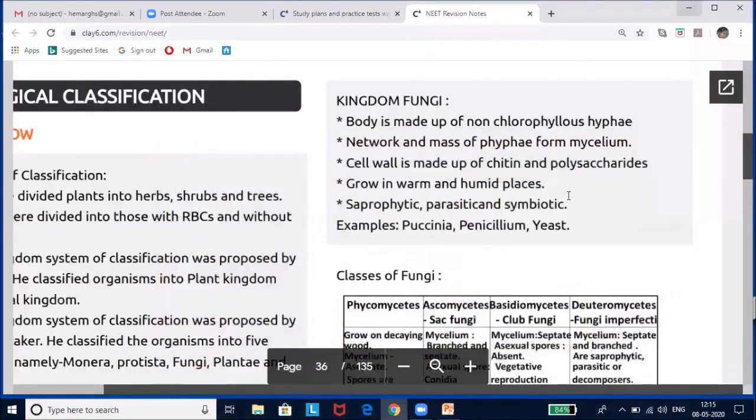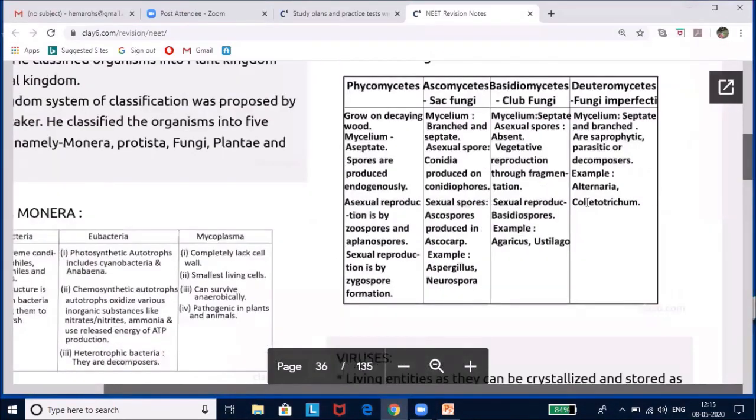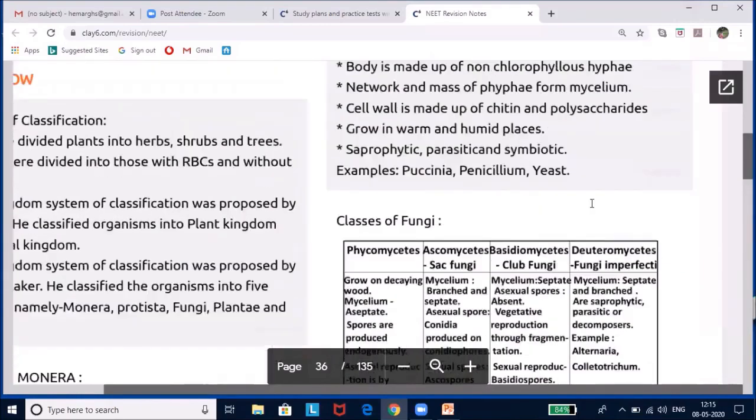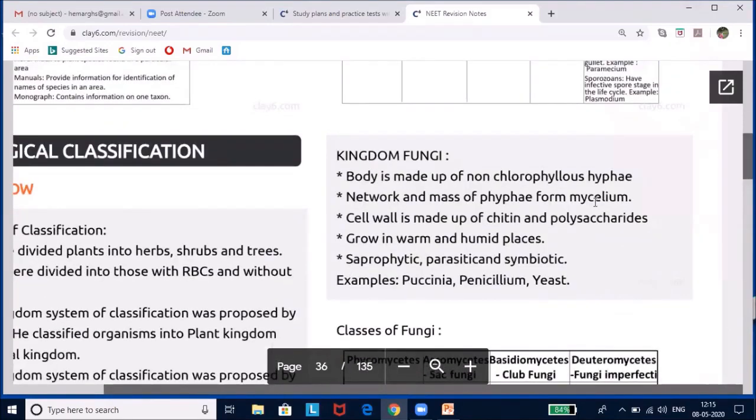Okay, now let us look at kingdom fungi. You must have heard about fungal diseases. You might have experienced fungal diseases like skin irritation or scalp irritation or in the nail, or you might have just seen bread molds growing on bread. So these are all due to the formation of fungi. Suppose you have left some wet eatable outside. After 2 or 3 days, you see beautiful thread-like structures appear in different colors. So these all belong to the kingdom fungi.